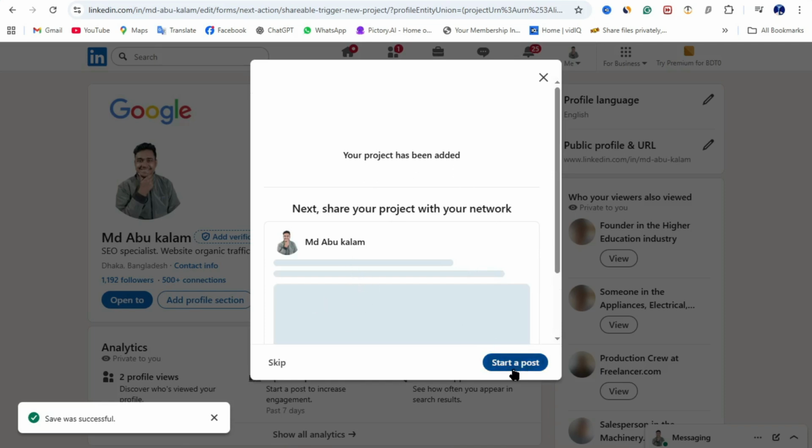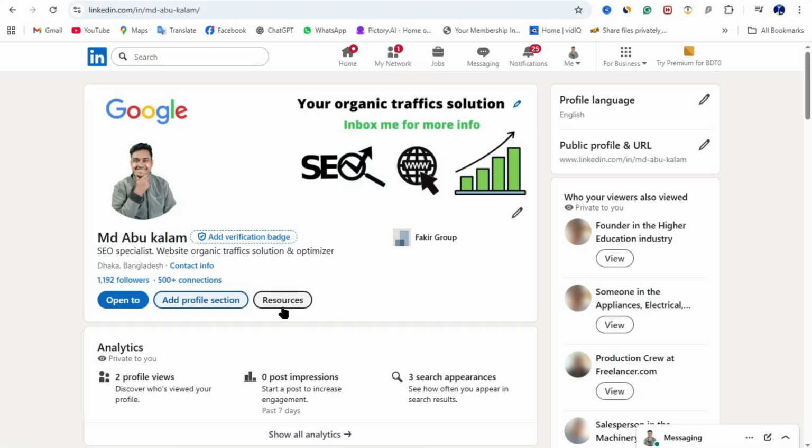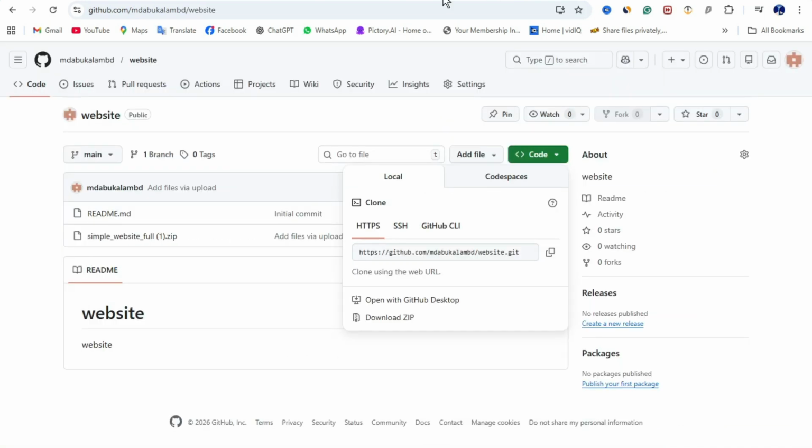So if you want to add a post, just click on start a post, but I don't need to, just skip. That's it. So this is the method of how you can add a GitHub project on